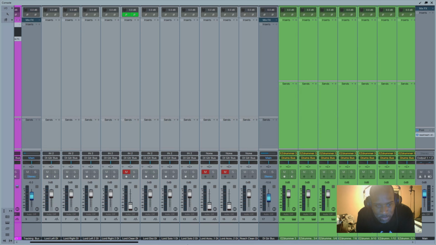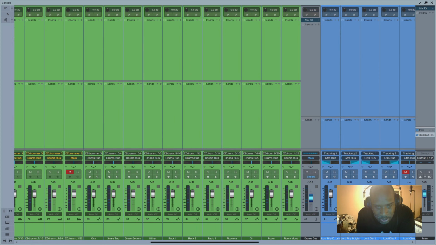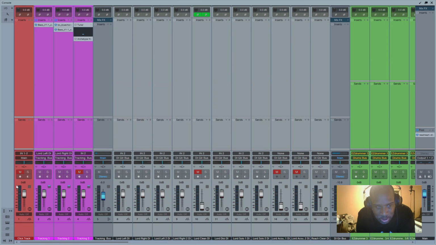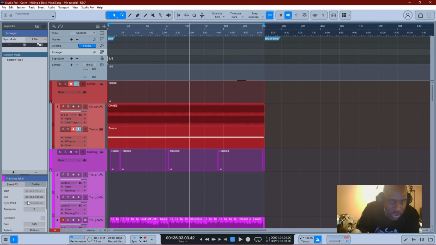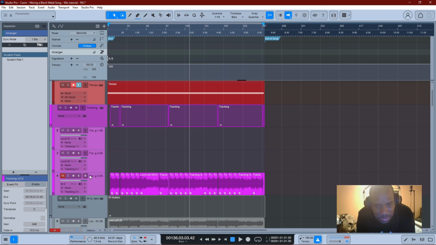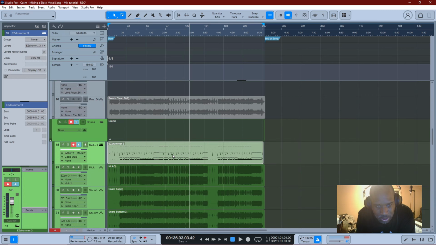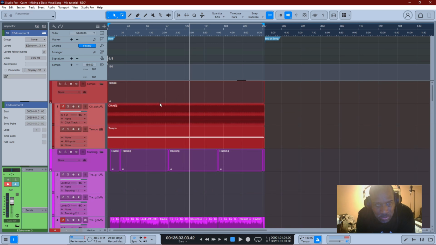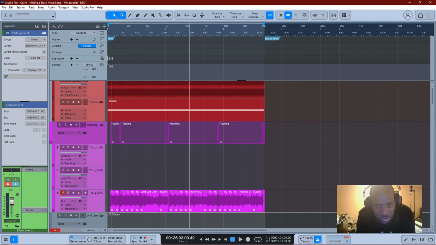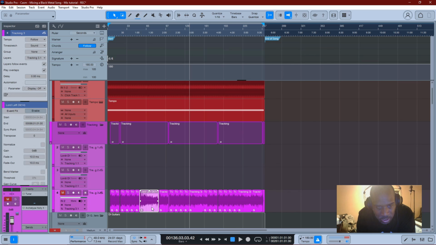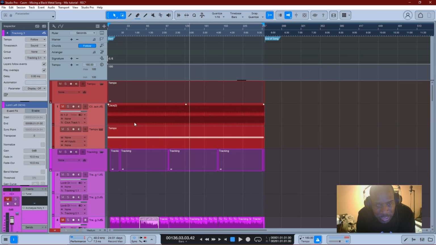Start off by saying I record all my music to a click track. What I usually do is I'll map out the MIDI for the drums. See here, I have the MIDI for the drums here using Easy Drummer 3. We'll get to that in a minute. And then I'll write the entire song to a scratch track, which is right here. This track right here is a scratch track. And then I'll